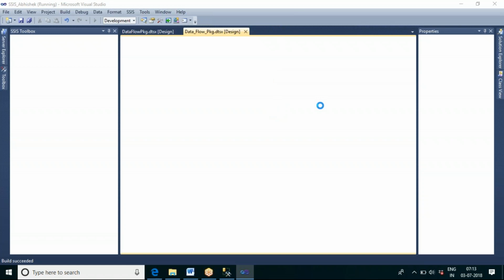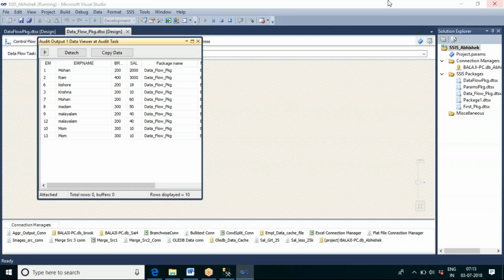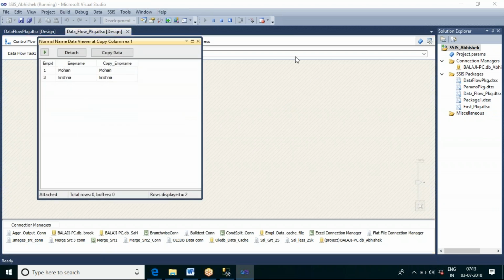So when we are creating this lookup, we have asked it to create a new index now. So maybe because of that it is taking some time. Let it be. So now you can see that it has started executing all the packages.